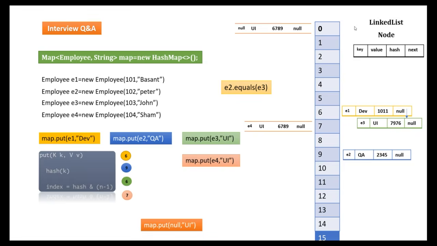So you need to understand this at a high level: the linked list, the node, and what it contains. Then with this diagrammatic way, you can answer the interviewer so that there will be no further questions on HashMap. Now the next question you can expect from the interviewer, if you mention Java 8, is that he can immediately ask you what enhancement was done in HashMap in Java 8.